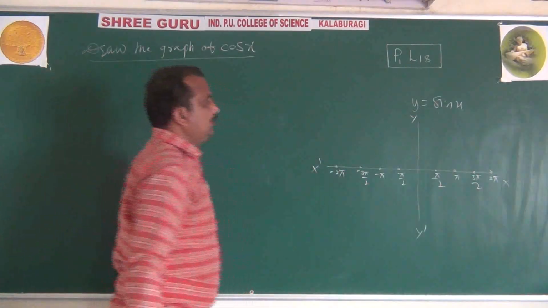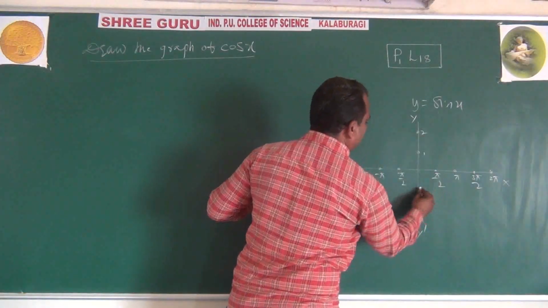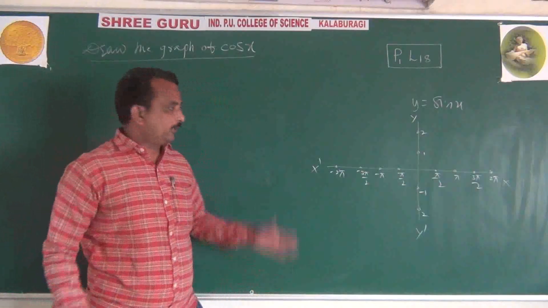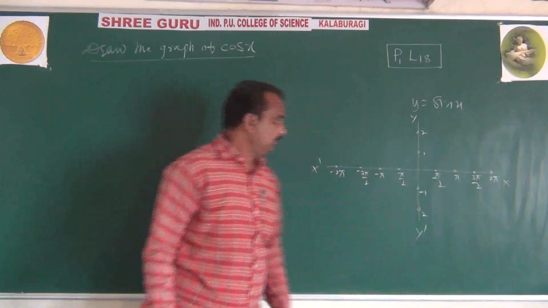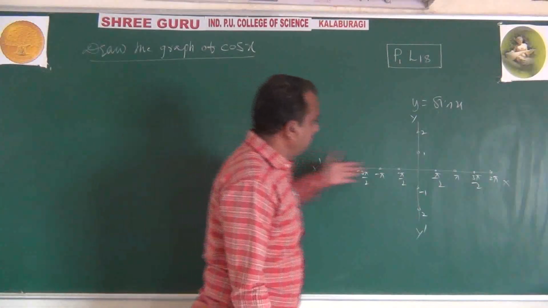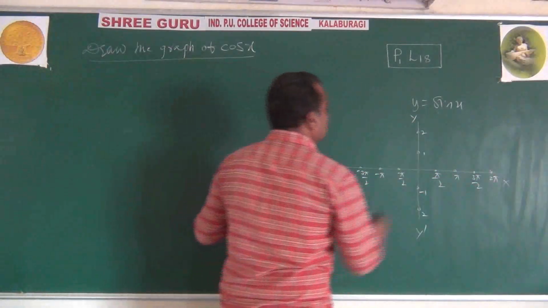Now see here, the values are plus 1 and minus 1; it cannot go beyond 1 and -1. For the Cartesian plane, I have taken the number line here. The x values are the domain, and the y value is the range. The domain is the set of all real values. Now let us see the range.